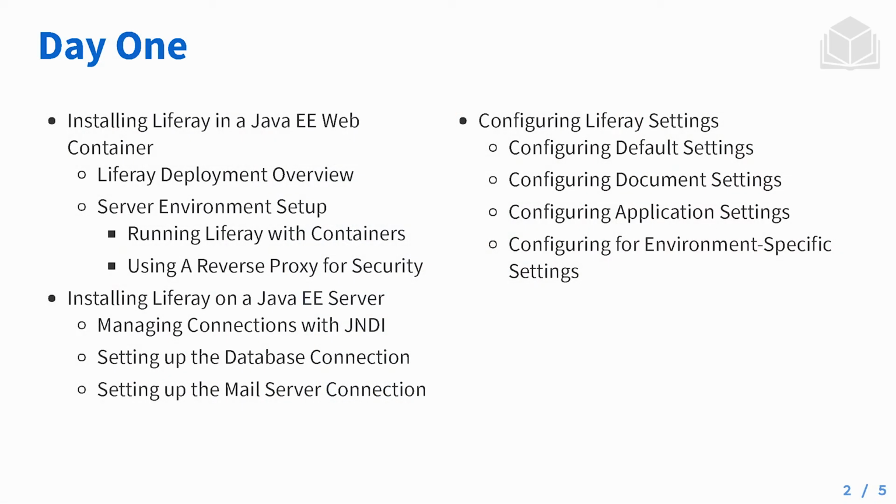After we deal with Tomcat, we'll ignore it for a while and we'll install Liferay on an actual full-blown Java EE server, and for that we have chosen Wildfly. Why? Because it's open source and it's distributable. However, Liferay, as we'll cover, will run on a bunch of different application servers. We can point you to the documentation for your application server, and then you can configure your exact application server with it. Our example goes with the open source world with Wildfly.